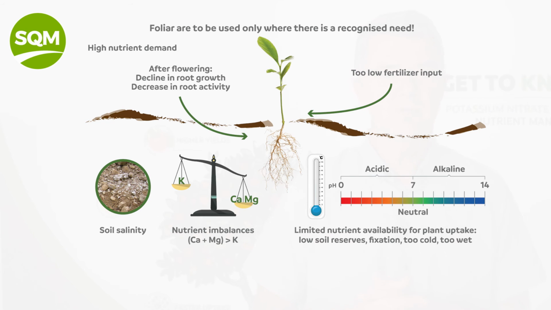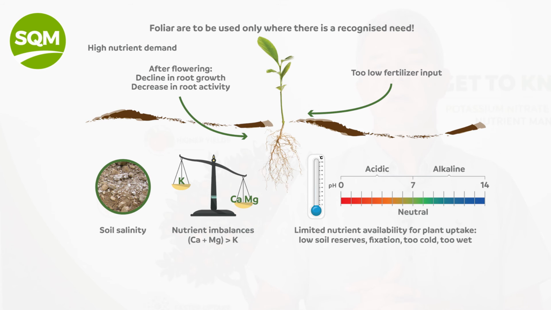and the roots might have decreased in growth and decreased in activity. So you would consider spraying foliar nutrition at that stage. If you look at the top right-hand quadrant, if you've somehow missed your early fertilizer applications and you may be concerned about that, or if you've had excess rain or too much irrigation and nutrients are leached out and you've missed the peak to reapply, then you would consider applying nutrients via the leaves.